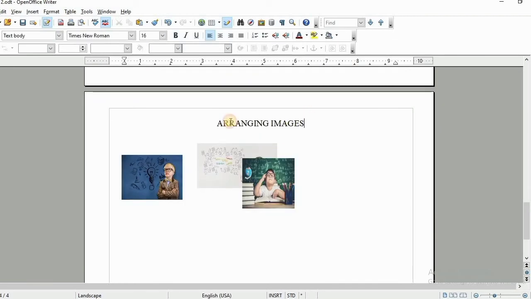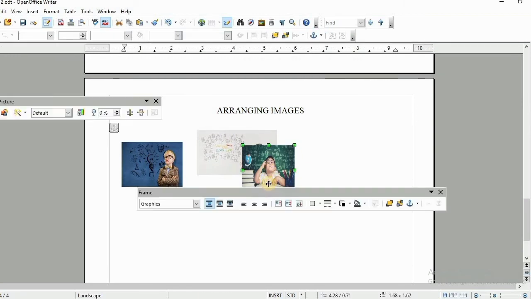Now, next is arranging images. When we are working with 2 or more images, then we need to set our images. For it, we will set our image by some steps. Again, for arranging these 2 pictures, I will select firstly a picture.